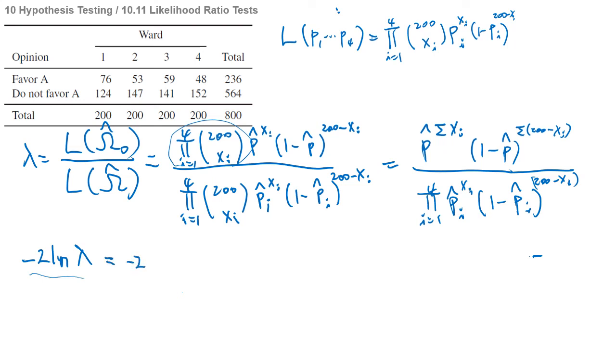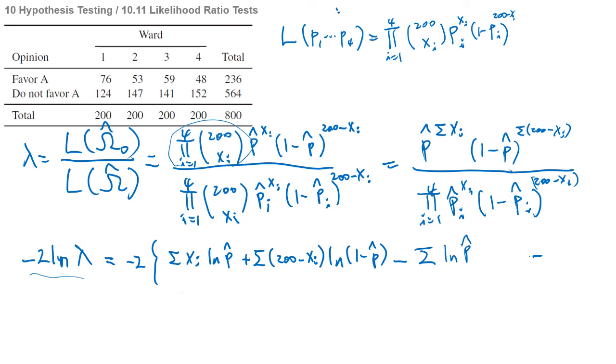So this is minus 2 times the sum of xi times ln p hat plus the sum of 200 minus xi times ln 1 minus p hat, minus the sum of xi times ln pi hat, minus the sum of 200 minus xi times ln 1 minus pi hat. Okay, so